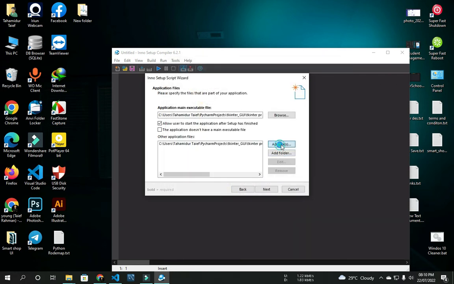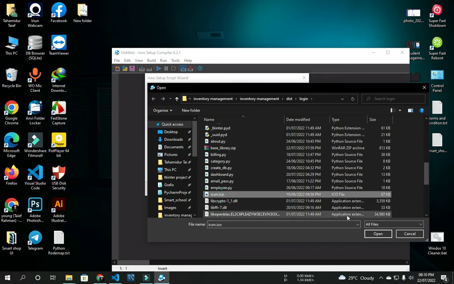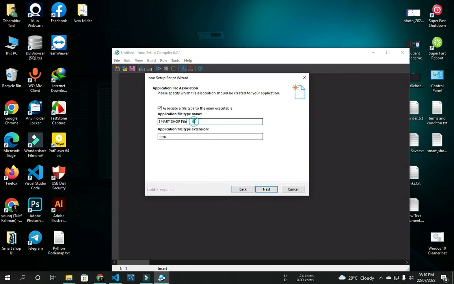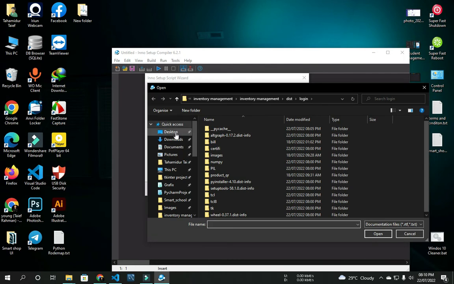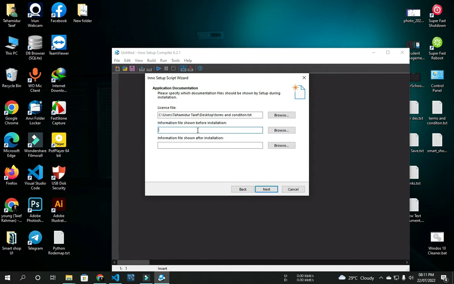Okay, yes. Then I want to add some files. Which file? icon.ico. Then give your application name, Smart Shop. Then come to the license file. Which is the license file? This is the license file, which is mainly used as terms and conditions. So this is here, terms and conditions. This is the file which will be shown to you at the time